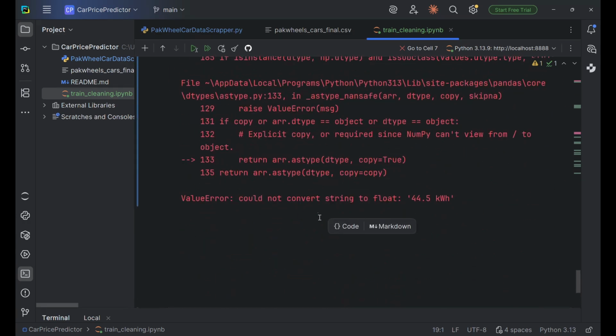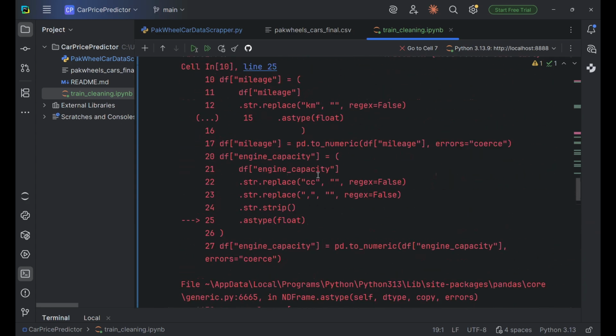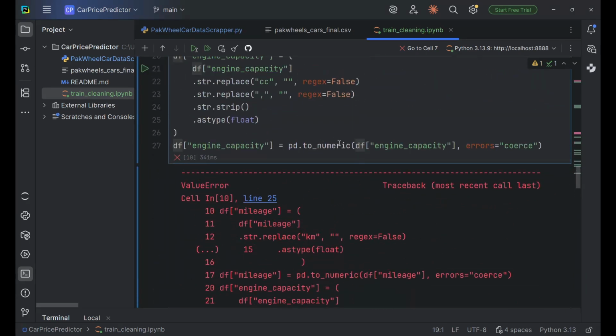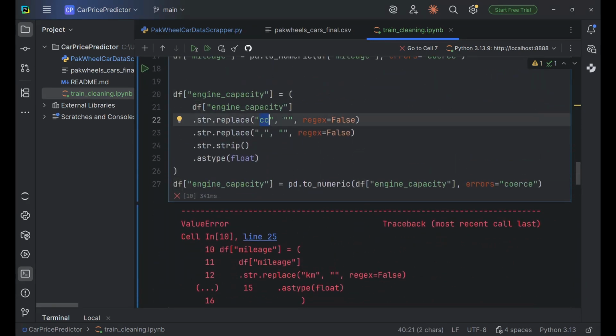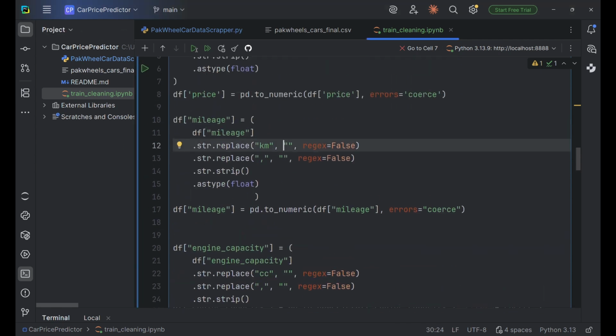What error did we get? Okay, so right now it is saying that there is an electric car entry, 4.45 kilowatt hour, that cannot be converted to numeric values because we just removed the CC. Now we have to deal with that. So for that, what we're going to do is